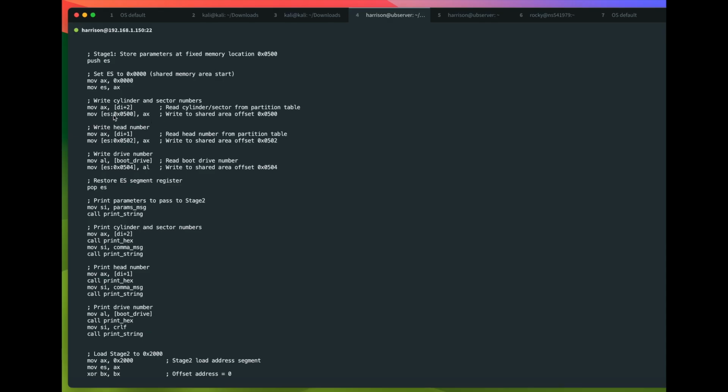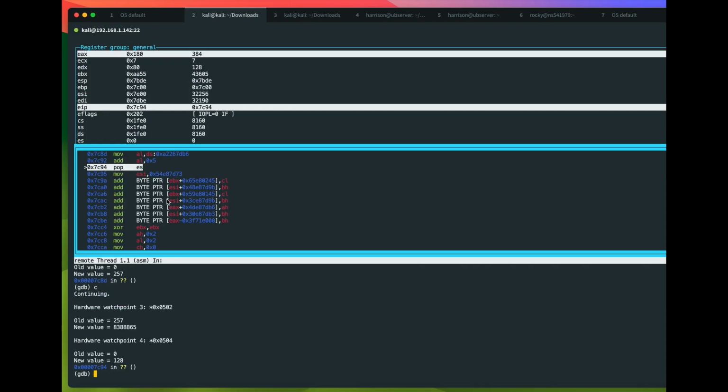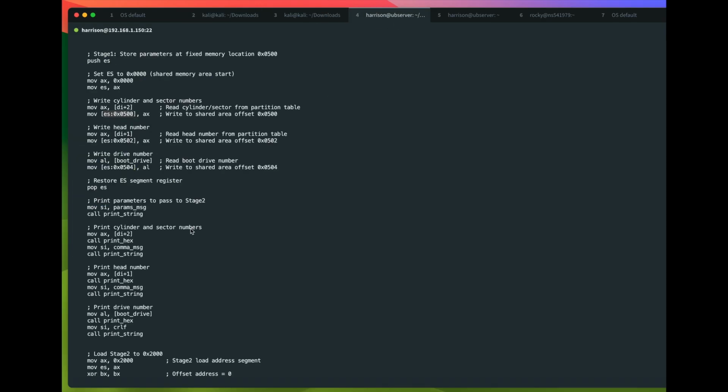Another useful technique is setting a watchpoint on memory. In our bootloader, stage 1 passes parameters like head, cylinder, and drive number to stage 2 through a fixed memory address. By setting a watchpoint on that address, we can catch the exact moment when stage 1 reads those values. As you can see, we set some points here, and we set 3